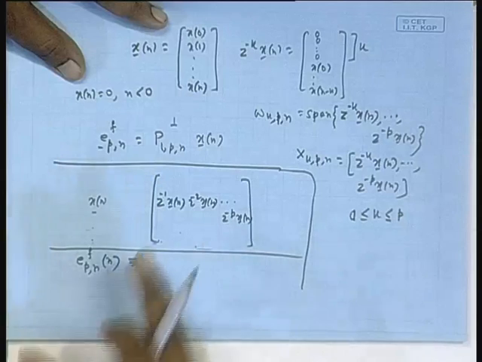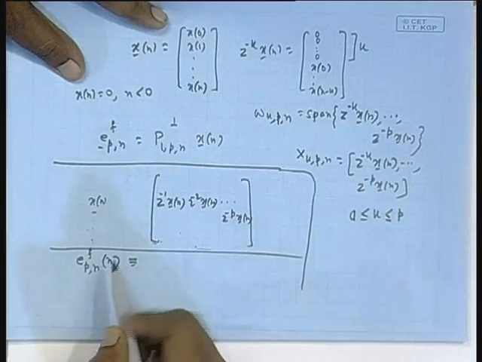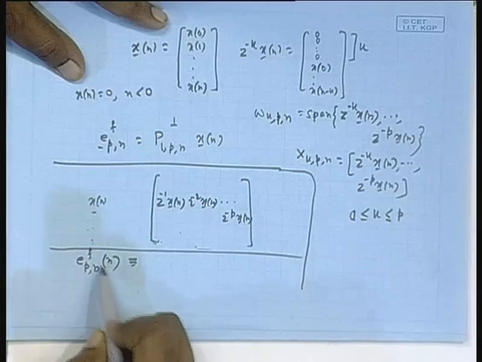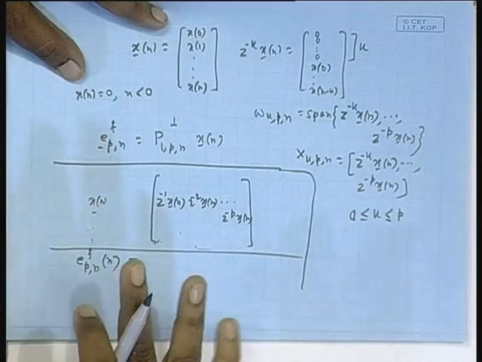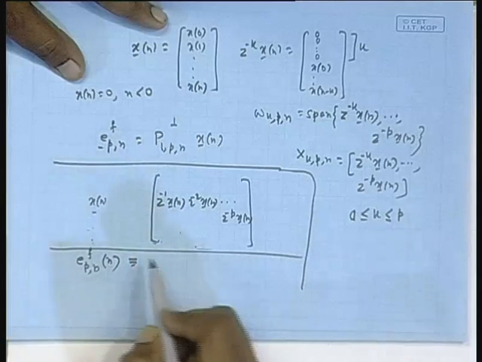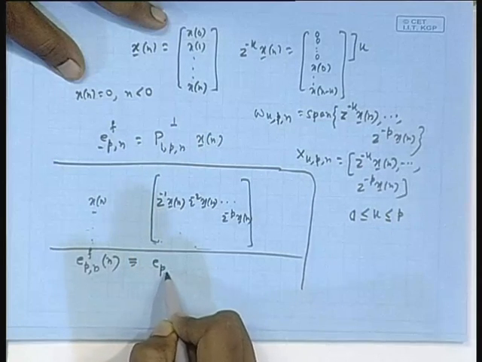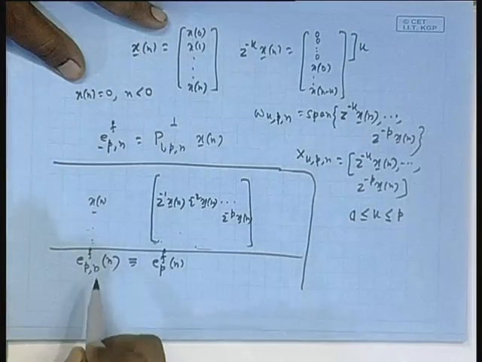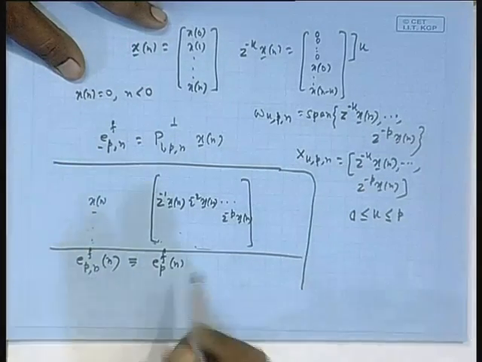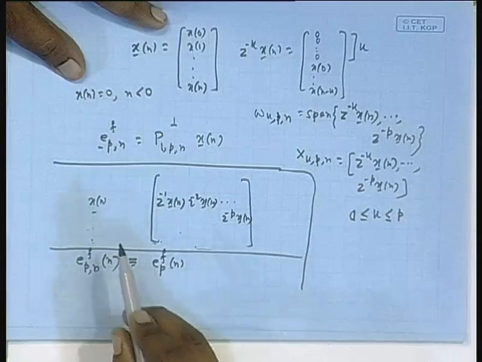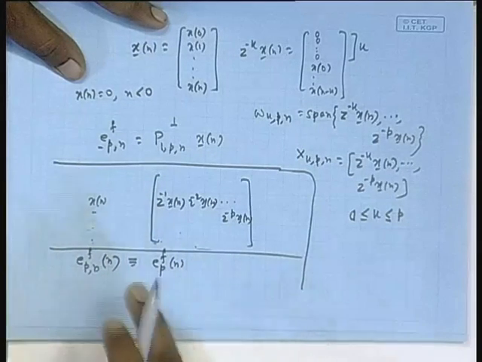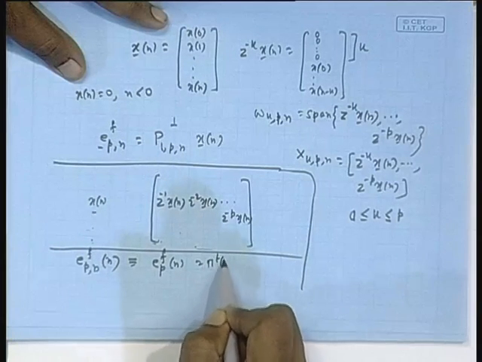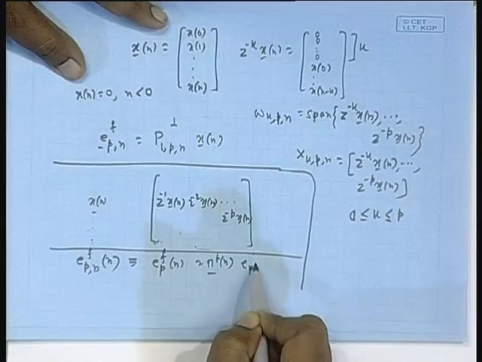But since I will be only using the last component, I can as well deal with that, that is, I will not be using EPFN with n minus 2, n minus 3, I will not be using those kinds of things. So, you can make it more compact, just this. I am dropping this index n, but its meaning is there. Whenever I write this, it means I am taking data up to index n, finding out the error vector, then taking the last component. Okay. And it is nothing but pi transpose n EPFN.